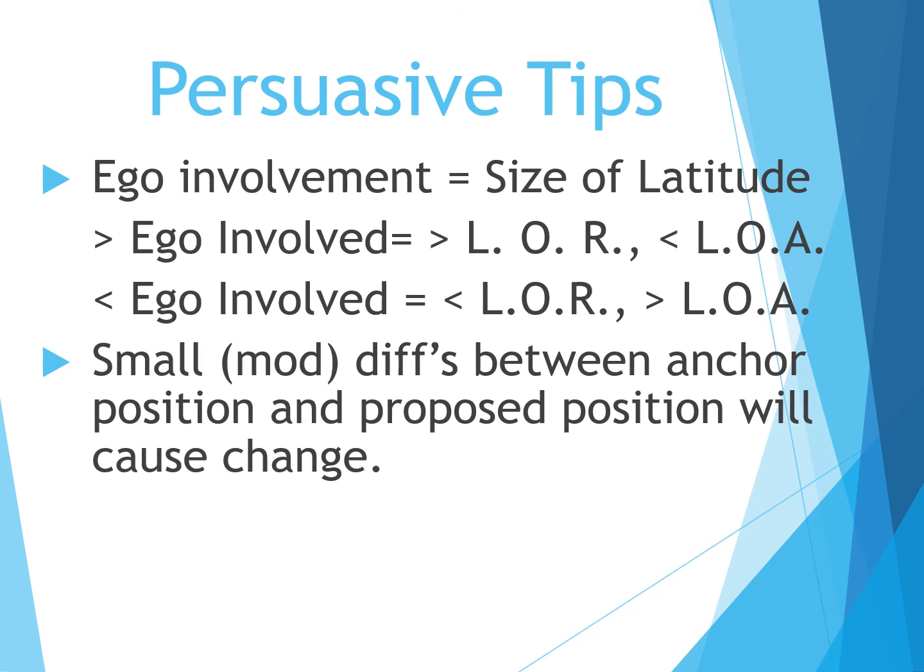Small or moderate differences between the anchor position, which is of course where we are right now, who we are, what we think right now, and the proposed position will cause change. And this is what I talked about earlier on in this chapter, that we always want to be gauging the attitudes of the people that we're seeking to persuade. Because if they already have a very strong attitude that's in opposition to the attitude, belief, or behavior we're attempting to get them to adopt, then the best that we can hope to do in one presentation would be to bring them a little bit closer to the middle, rather than attempting to change an attitude drastically in only one interaction. Okay, but what you can do is work to change attitudes or beliefs or behaviors moderately over time